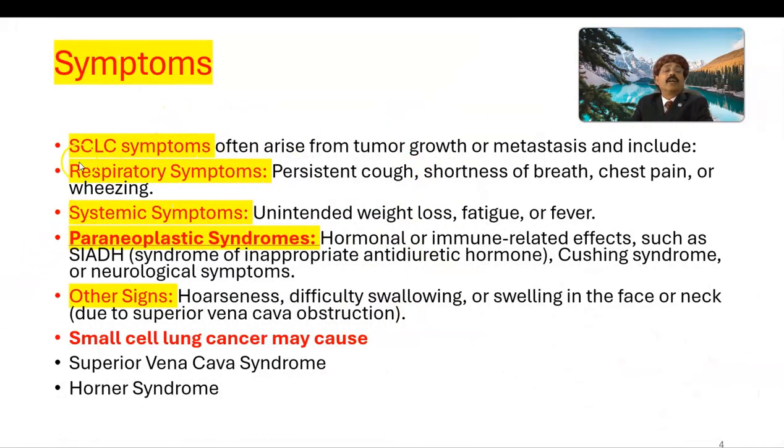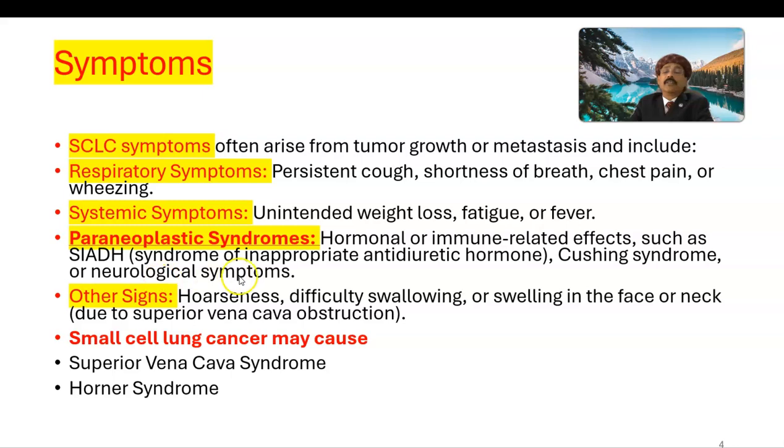Symptoms. Small cell lung cancer symptoms often arise from tumor growth or metastasis and include respiratory symptoms: persistent cough, shortness of breath, chest pain, or wheezing. Systemic symptoms: unintended weight loss, fatigue, or fever. Paraneoplastic syndromes, hormonal or immune related effects such as syndrome of inappropriate antidiuretic hormone, Cushing syndrome because there is some secretion of ACTH related to the tumor,